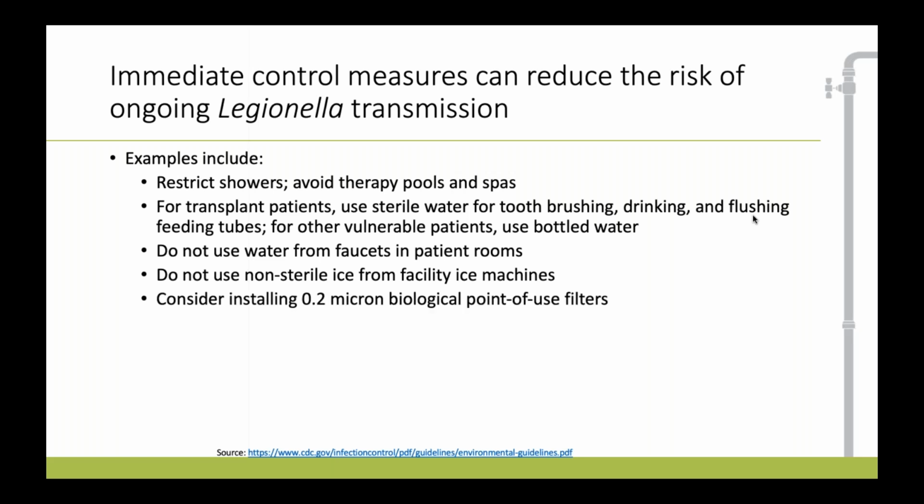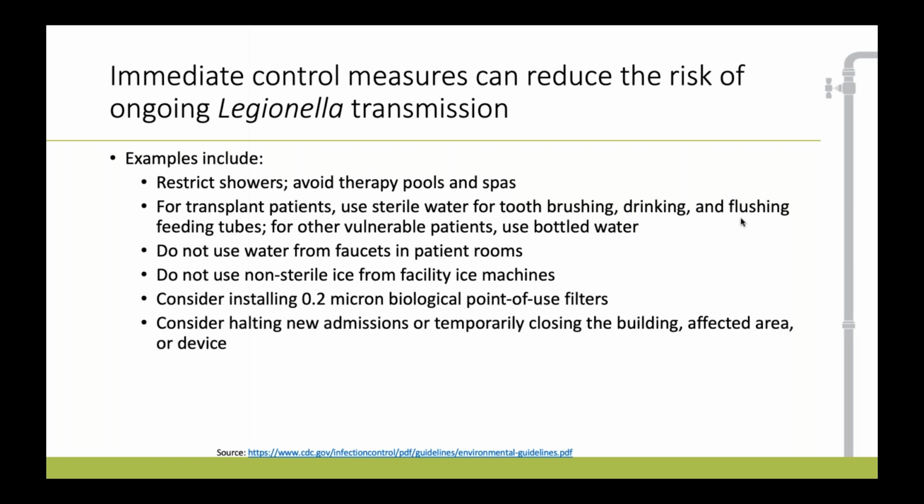So that includes avoiding therapy pools and spas. That includes avoiding water coming from faucets and showers that has not been filtered. That includes looking at ice machines and ensuring that ice machines are using a filter or they are discontinued until the source of the bacteria is identified.